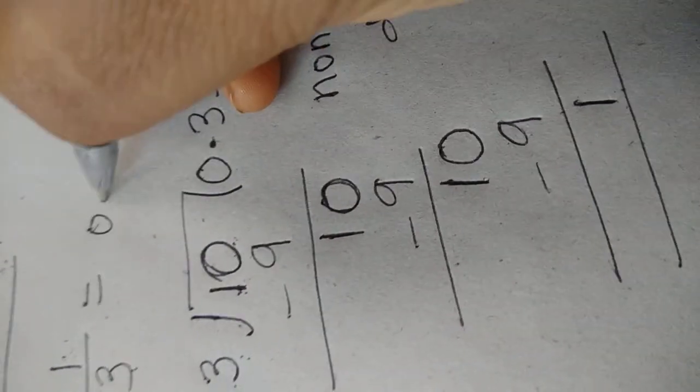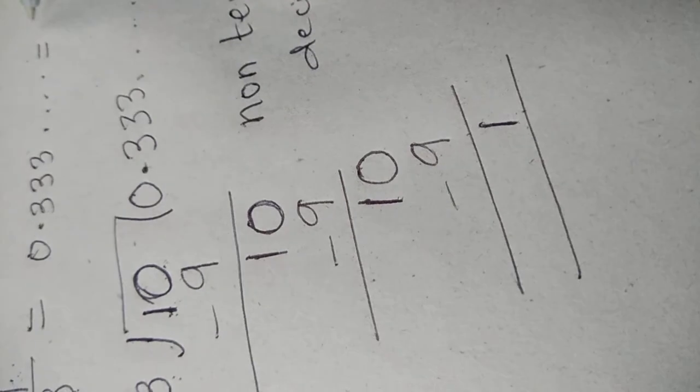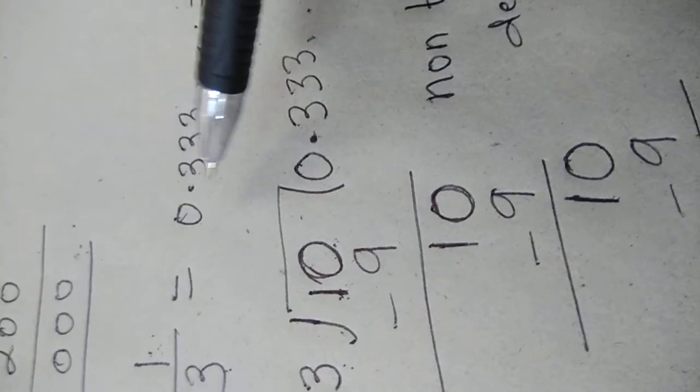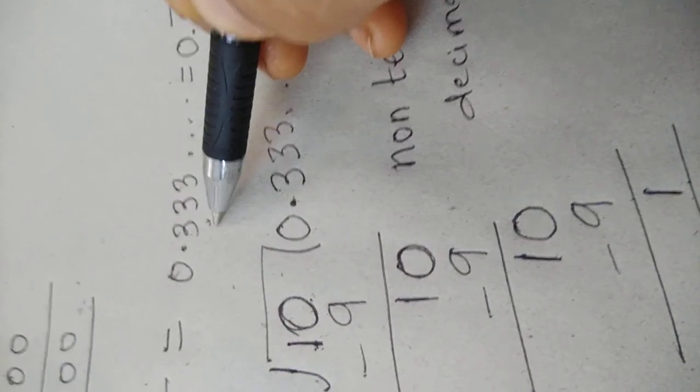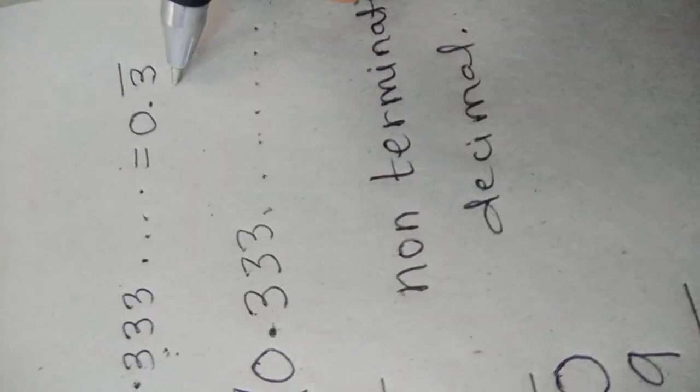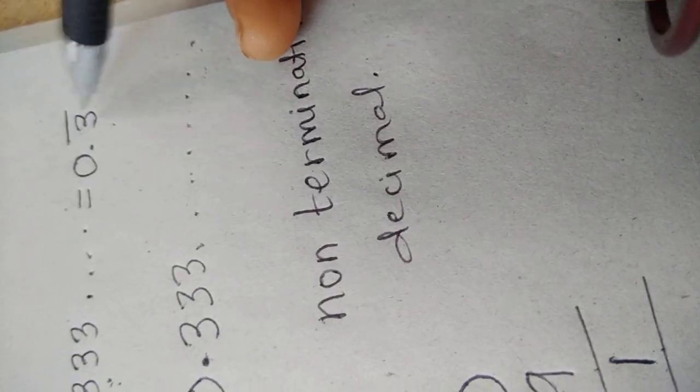So, here see how to write this. The decimal form of 1 by 3 is 0.333 dot dot dot. It means 333 is going on. And this same you can write as 0.3 bar. Which digit is repeating? Here 3 is repeating. That's why we are writing 3 bar. 3 bar means this bar indicates that 3 is